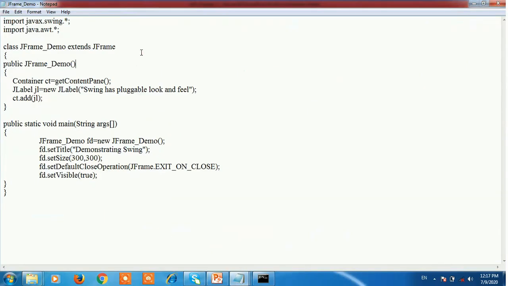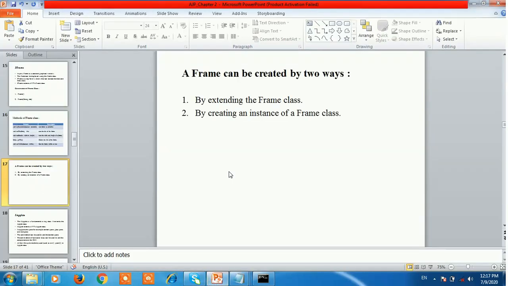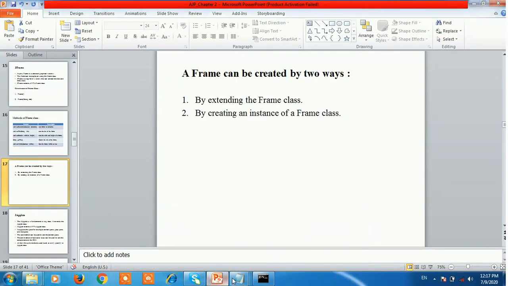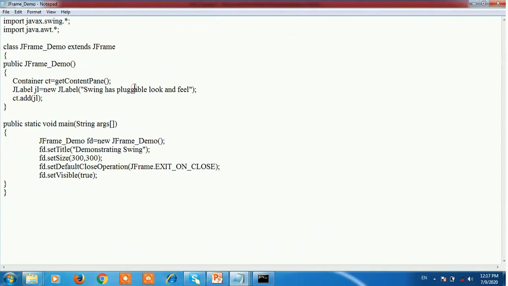See, this is an example of the first way, nothing but by extending the frame class. This program demonstrates the way by extending the frame class. See here, first import the two packages, that is import javax.swing.* and import java.awt.*.